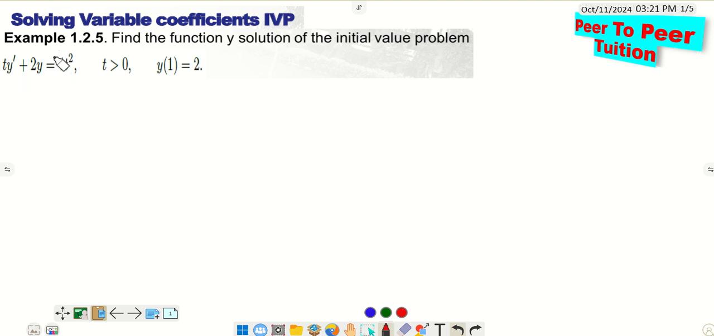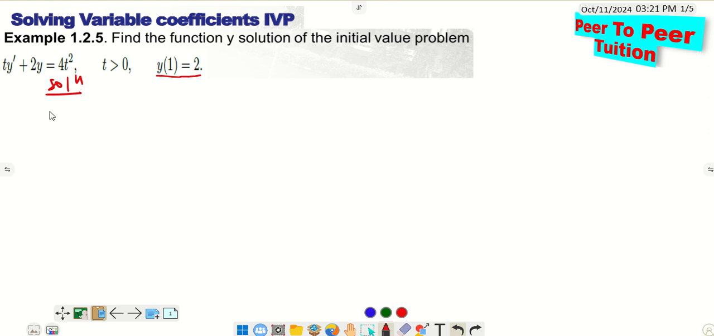So let's solve this question. This is also a variable coefficient together with an initial value problem. So it means that after getting the general solution, we will apply the initial value to get a particular solution. Alright, so